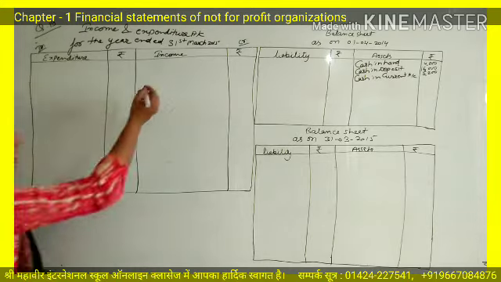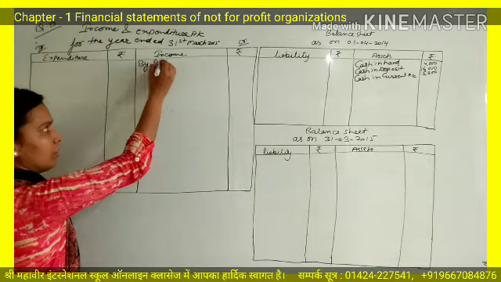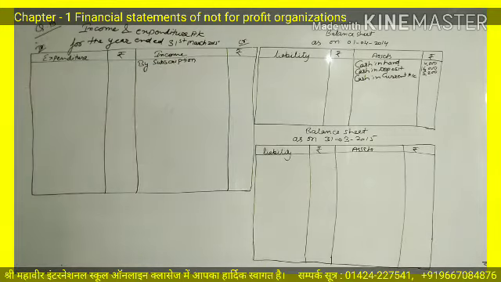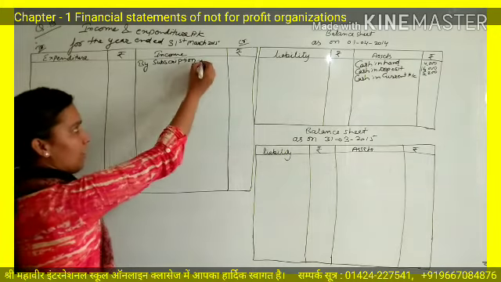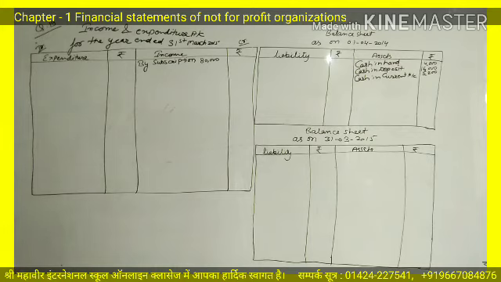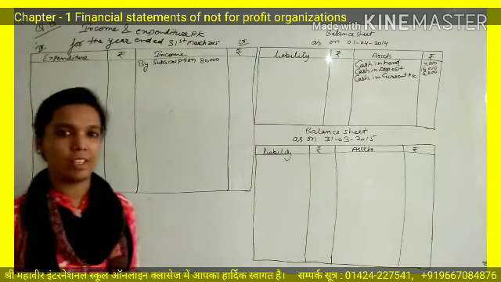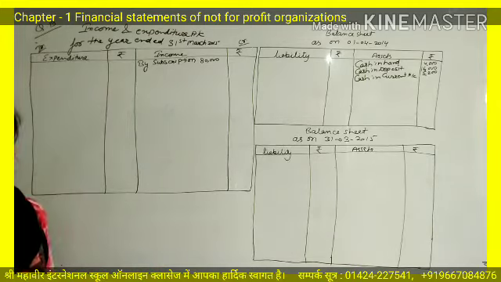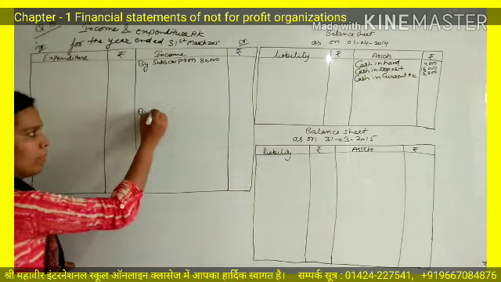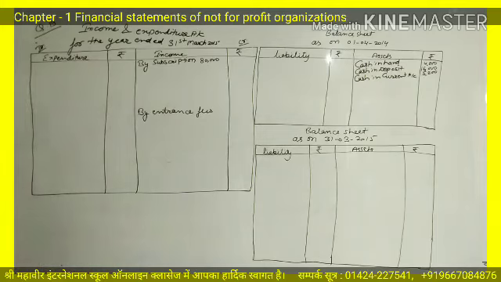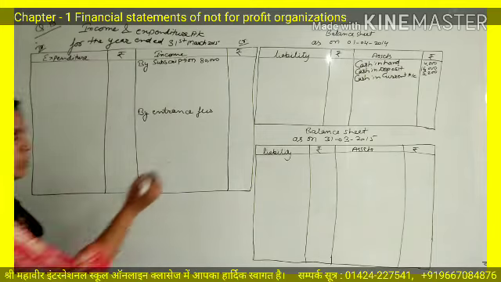Subscription we always note in the income and expenditure account. By subscription, amount is 80,000. This 80,000 I will write in the inner column because we have to treat some additional information also here. Then entrance fee. As I told you about entrance fee, there is nothing mentioned for the entrance fee. So this entrance fee will be treated as your revenue income. So we will write here in income and expenditure account. Amount is 12,000.